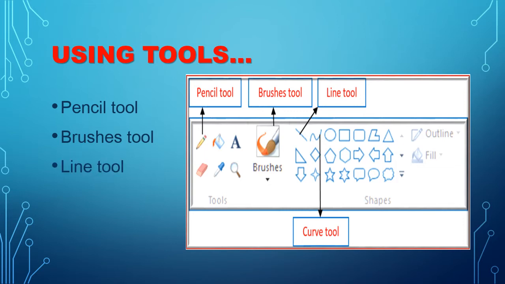There are many tools in Paint that can be used to draw straight and curved lines. These tools are the pencil tool, brushes tool, and line tool. We will learn about each tool separately.